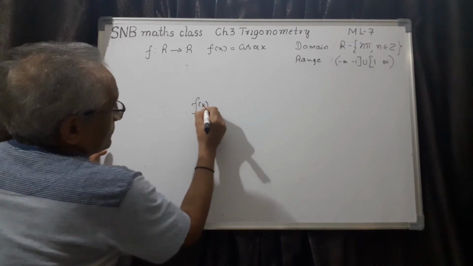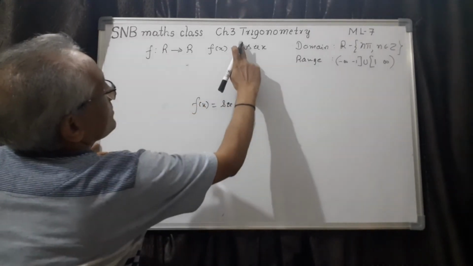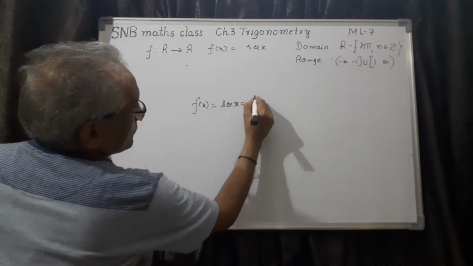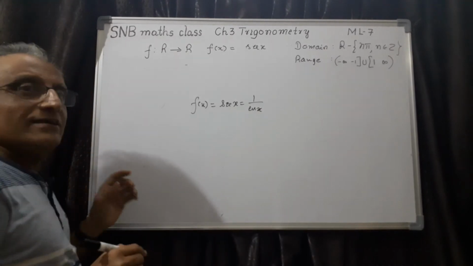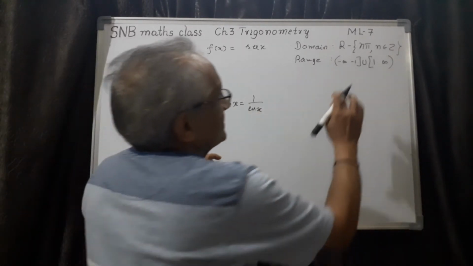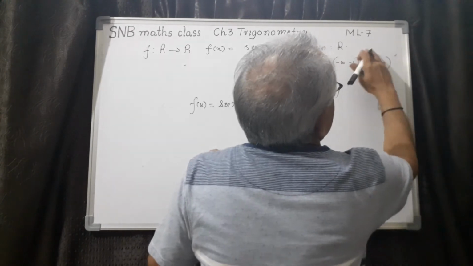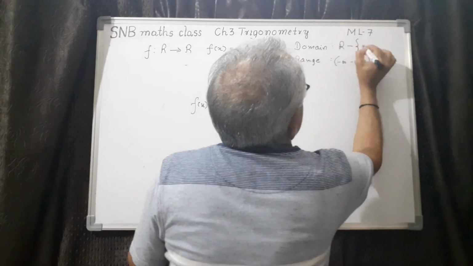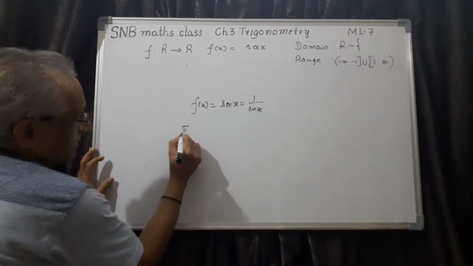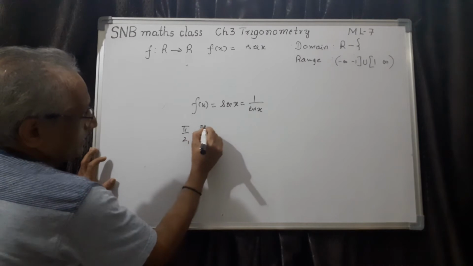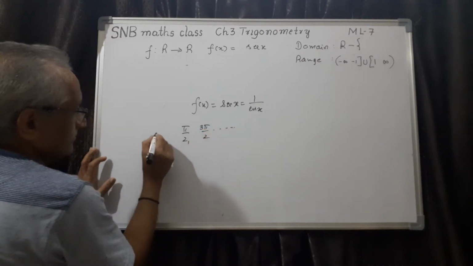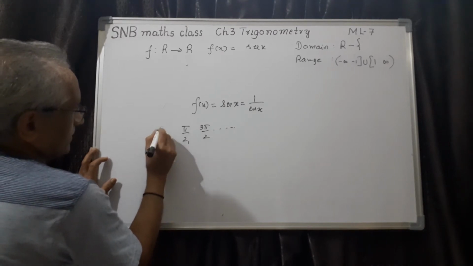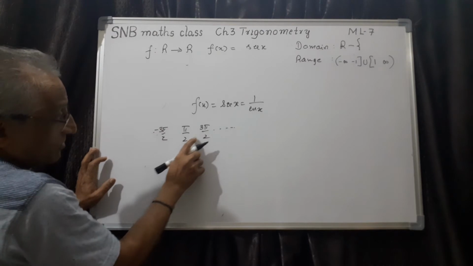Say f of x equal to secant x. Of course, next you have to take secant x. This one. So secant x equals 1 by cos x. And you have seen where cos x is 0. So here, what I have to do is, it is an odd multiple of pi by 2. So I have to remove all these values: pi by 2, 3 pi by 2. This I have shown you in the previous case also, in the case of cos. Then minus 3 pi by 2, like that. That means odd multiples of pi by 2.